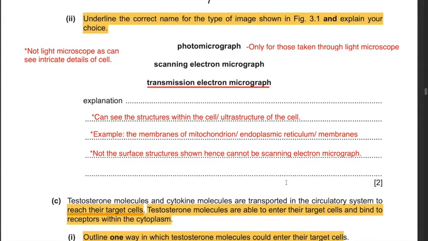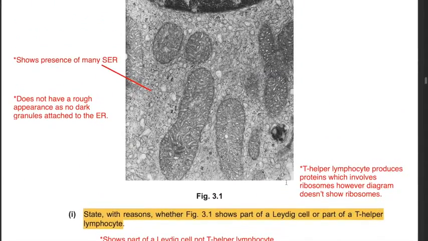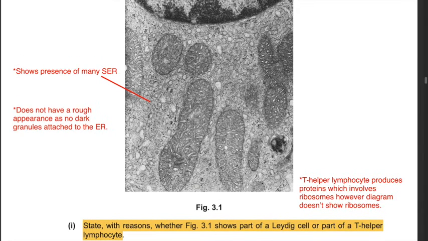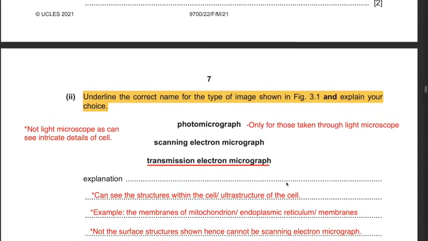Part 2. Underline the correct name for the type of image shown in figure 3.1 and explain your choice. If you remember the given image, it is not a photomicrograph. Why is that? Because photomicrographs are those only taken through a light microscope. However, in this given diagram, you can see the intricate details of the cell. You can see the smooth endoplasmic reticulum as well as the presence of mitochondria. Hence, it cannot be a light microscope that is used to view it, but an electron microscope. Hence, it is not a photomicrograph, because we only call those taken through a light